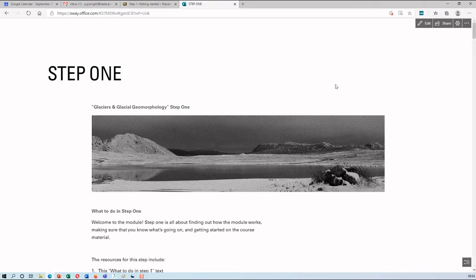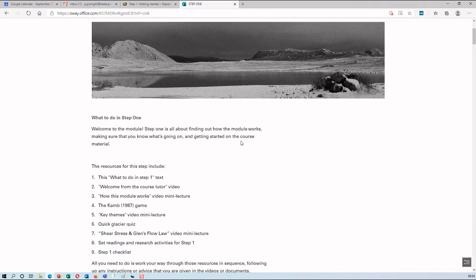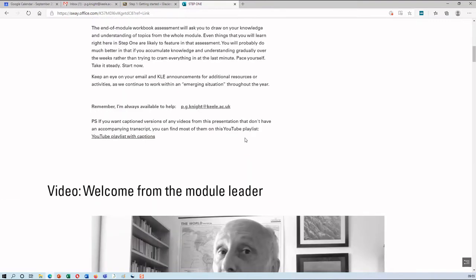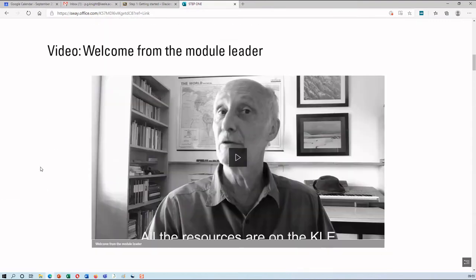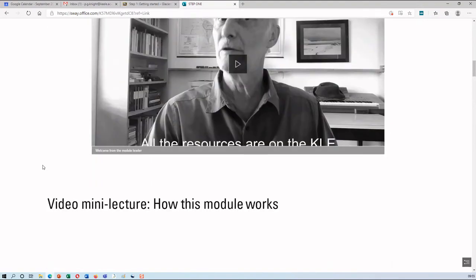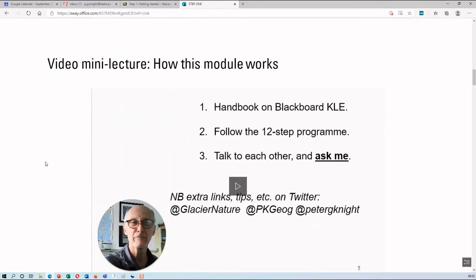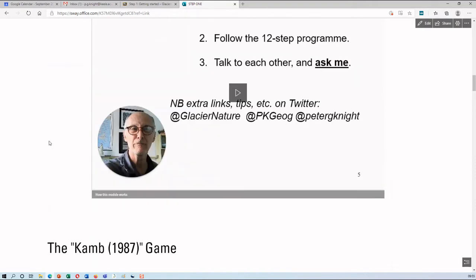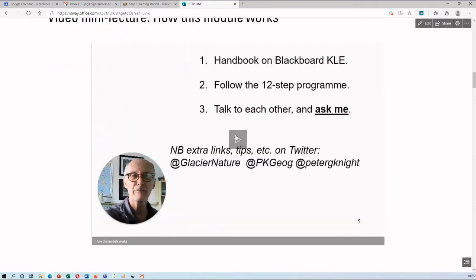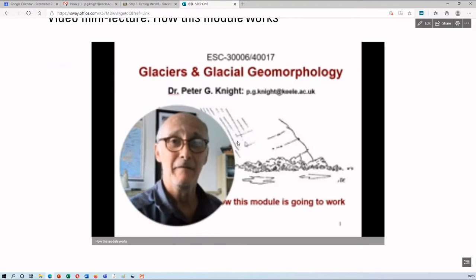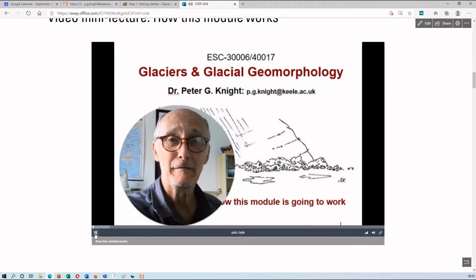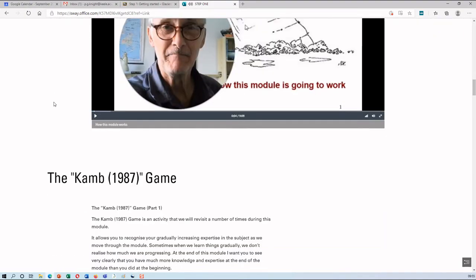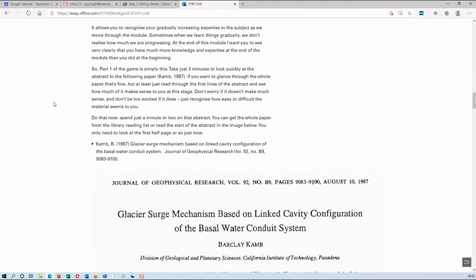The way that the Sway works is that you simply scroll down or flick through the pages one after the other. And I've put onto here anything from the learning package that will fit and that will work on the Sway, simply so that you have another way of accessing it. So the mini videos. Hi everybody, welcome to the start of Glaciers and Glacial Geomorphology. If they will work on the Sway, then I've put them on here for you to access them through this